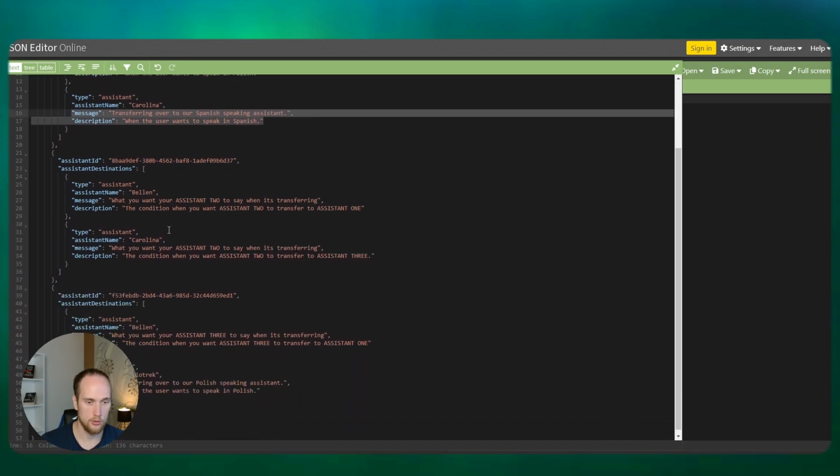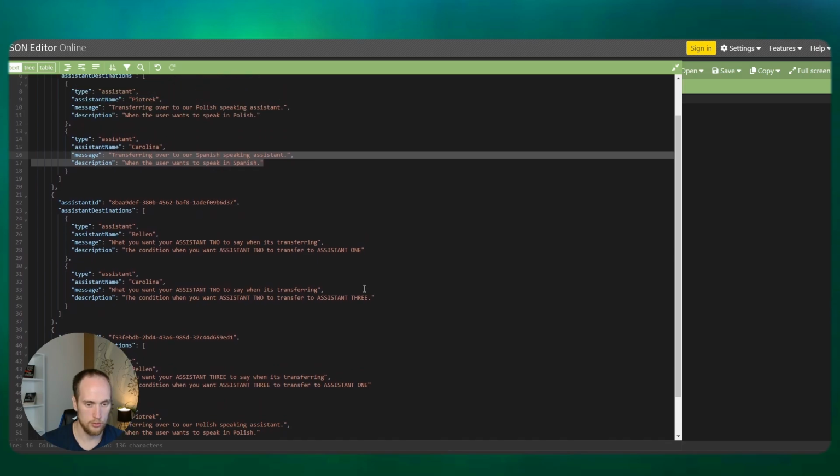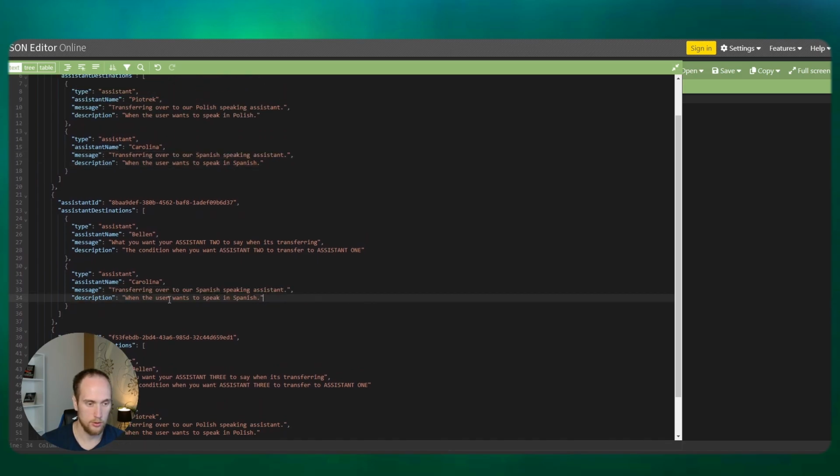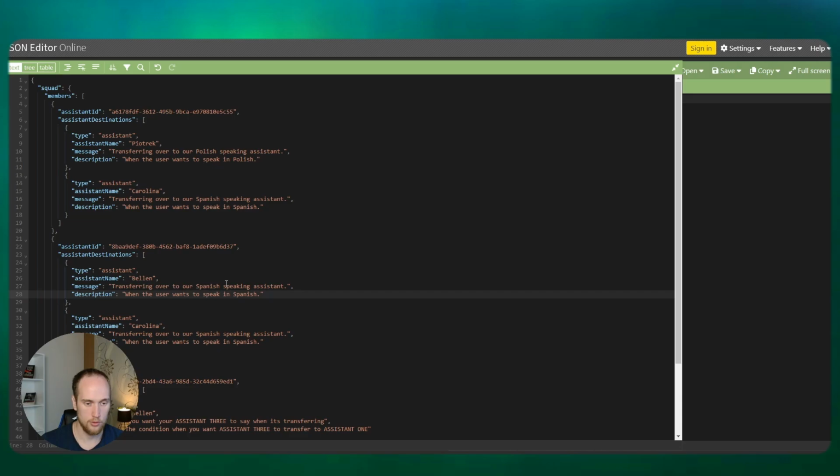Let's copy these two and then put them into, and these actually should be in Spanish. So this is the language that the assistant should be speaking in. So this is the message that the assistant will say when it's transferring over. And if it's a Polish speaking assistant, we actually want it to say it in the language that it's in.